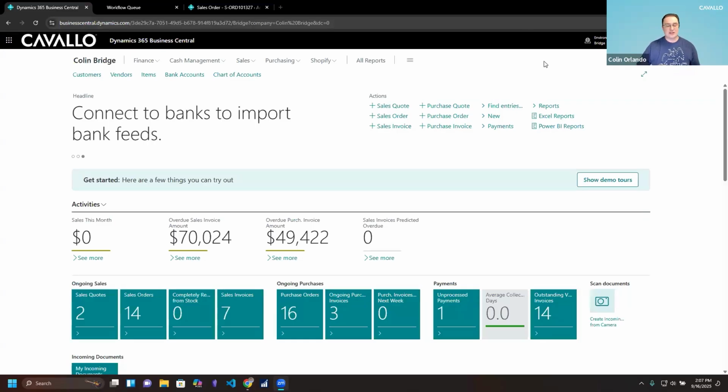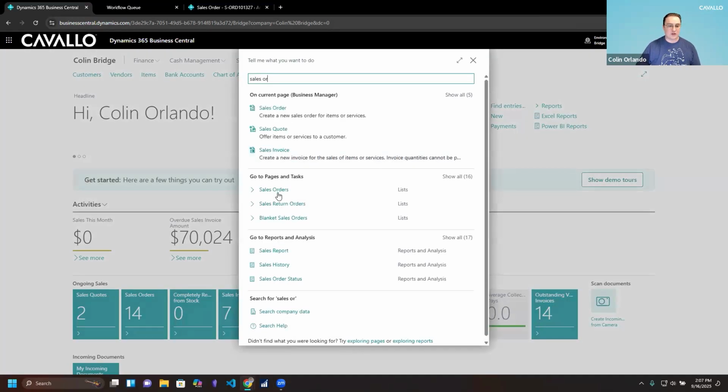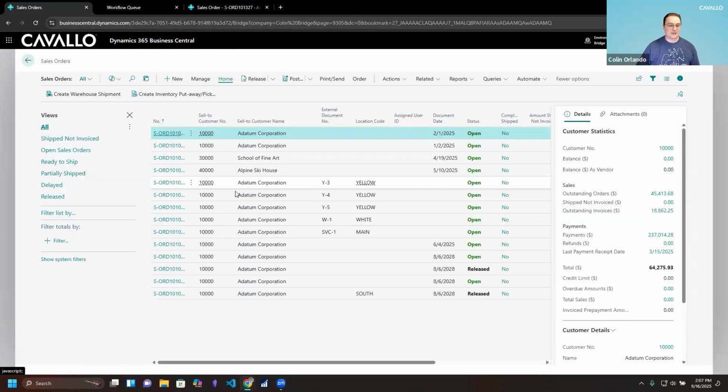And so, if I'm a CSR or an order taker and a customer's calling me to find an order, I might take the natural path through Business Central and go to my sales orders page, which gives me a list of all of the different orders that are in my system today. Just at this surface level, I can see the status column that BC provides, which is telling me essentially open or released. So one might assume that an open status means we're still editing lines, still editing different header level fields, whereas a released status might tell us it's in the warehouse. But how do we get more granular than that?